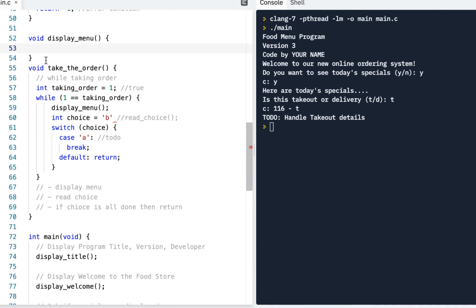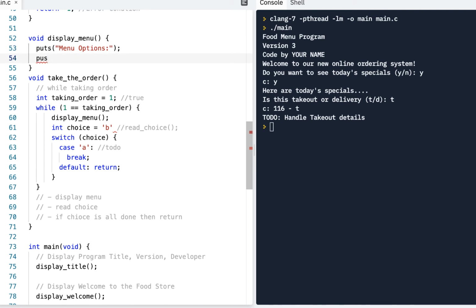And for display menu, we'll just do a put string and say menu options, and we'll say put string A for apple, B for the burger, we'll say C for, we'll just say corn, D for drink, E for extra, and